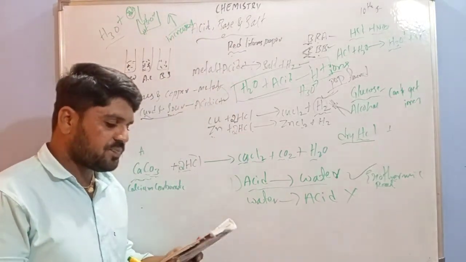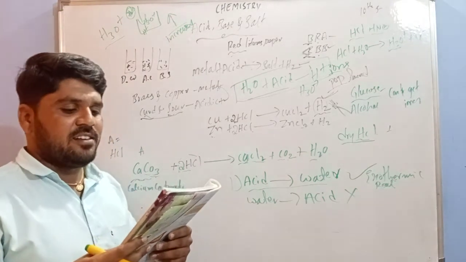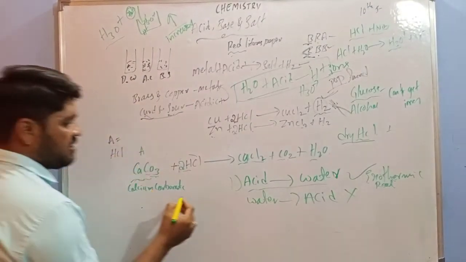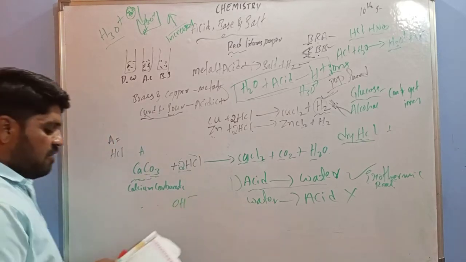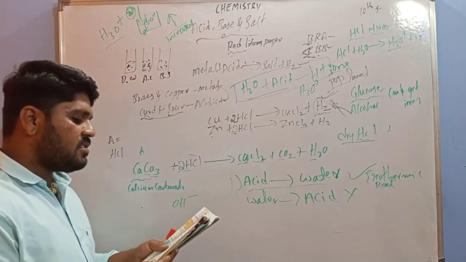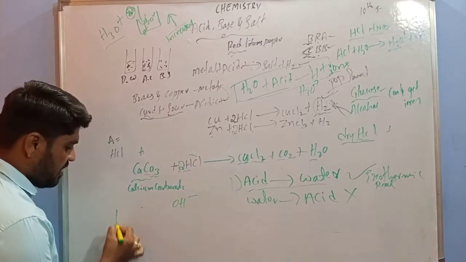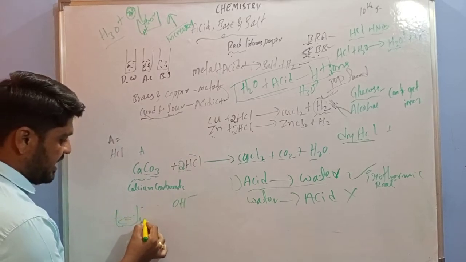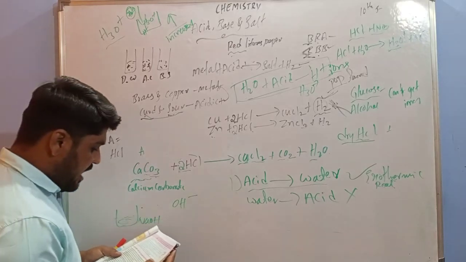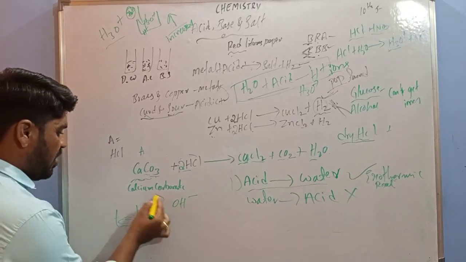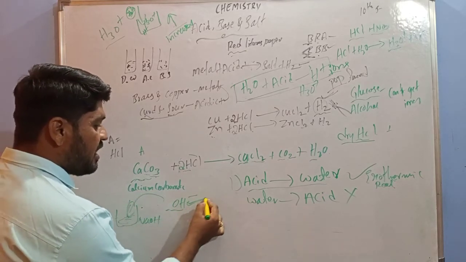Okay, now the next, sixth question. How is the concentration of hydroxide ions, OH minus ions, affected when an excess of base is dissolved in a solution of sodium hydroxide? Now we have a sodium hydroxide, NaOH solution. For this I am going to dissolve more base. So that means OH minus ions are increased.